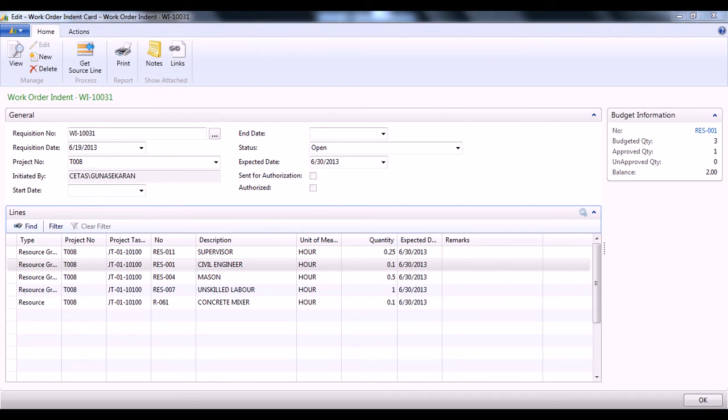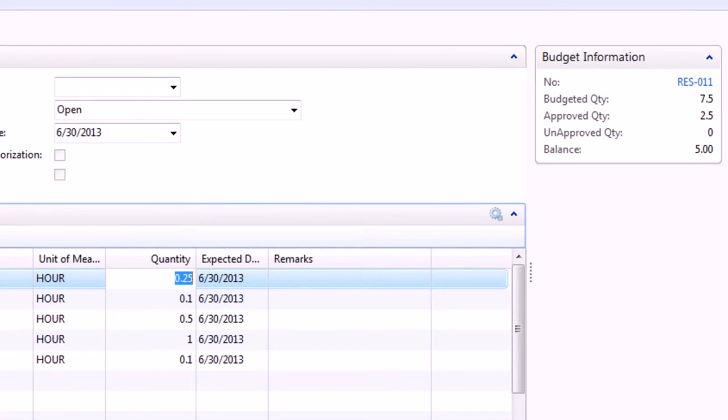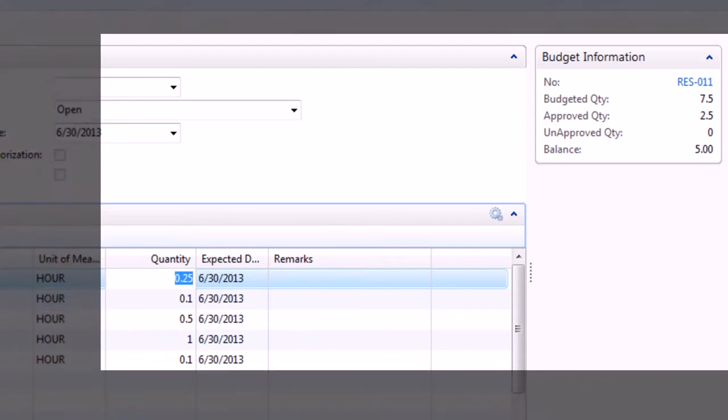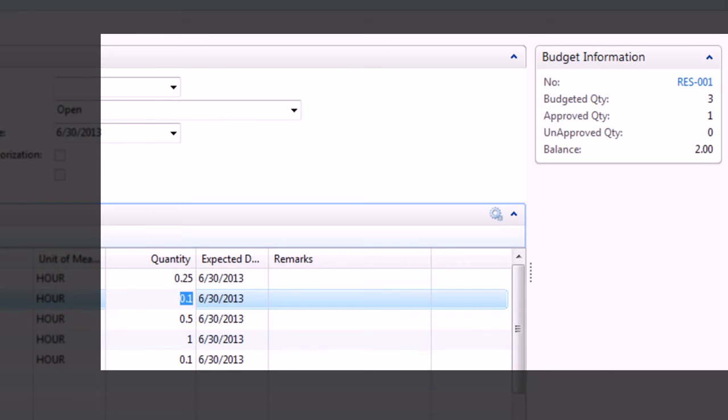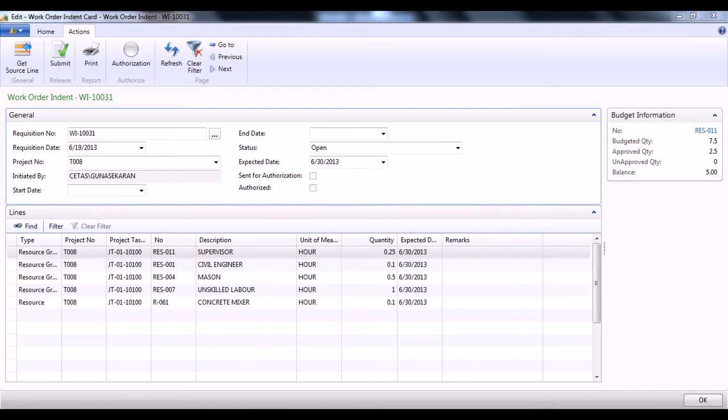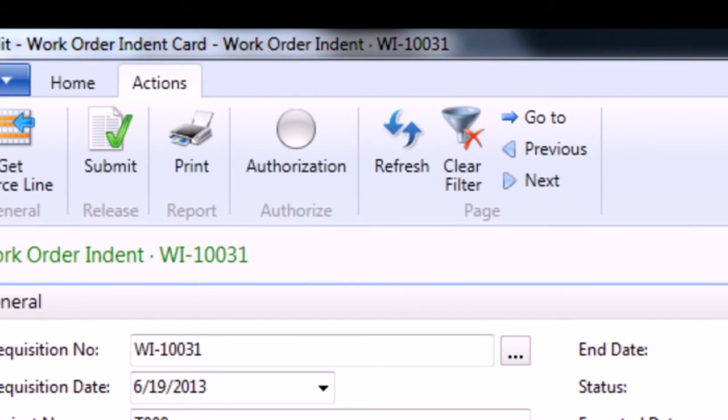Very much similar to material management, even under work order management, based on the work order indent quantity raised, the budget information is also displayed to your right hand side. Even when a work order indent quantity exceeds the budget, the system will allow the user to raise an indent. This can be controlled by various levels of approvals.